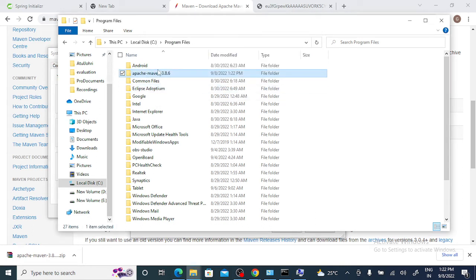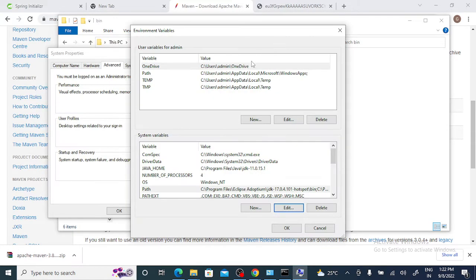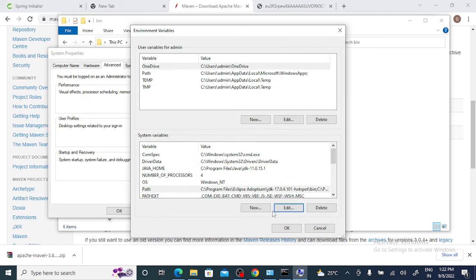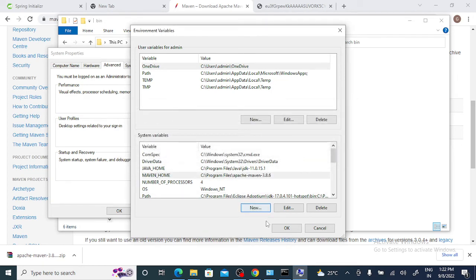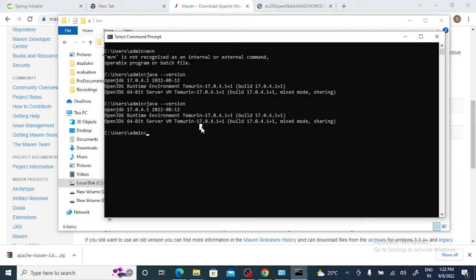And now what you need to do here is go to bin and add this bin path in your environment variable. I will come back here to the environment variable, move to Path, edit it, new one, paste it. This is the bin path. Second thing, you need to create a new system variable for MAVEN_HOME, paste it and remove this bin from here. Okay, OK, OK, and then let me exit from here